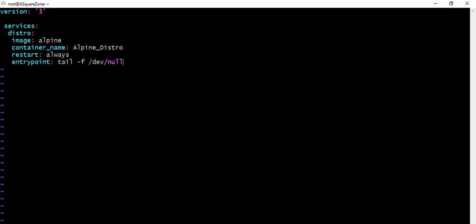I am giving the entry point as tail -f /dev/null, and in services I am specifying a database as well.